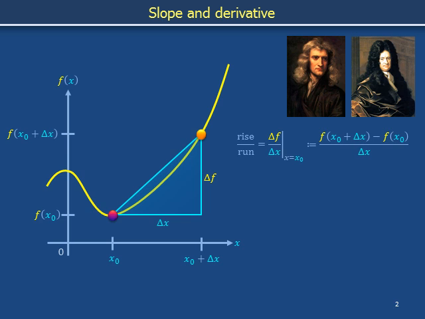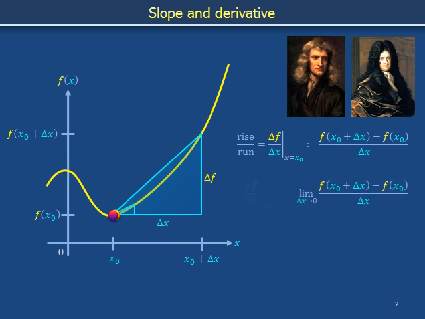The value that we obtain by calculating the rise over run depends on the function under study, depends on the location x equals x naught where we plant the left-hand corner of the triangle, and depends on the horizontal length delta x over which we allow the function to vary. We can get different numerical values for rise over run by, for example, considering values of delta x alternative to the length initially plotted. In this cartoon, the ratio rise over run appears to approach a limiting value that we